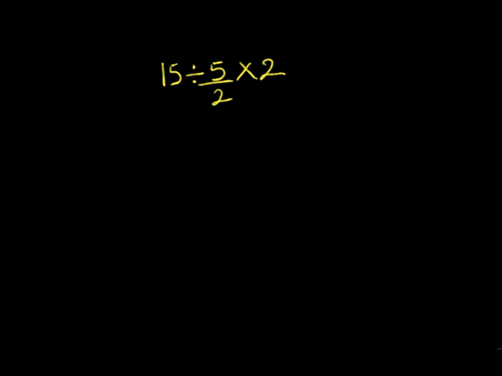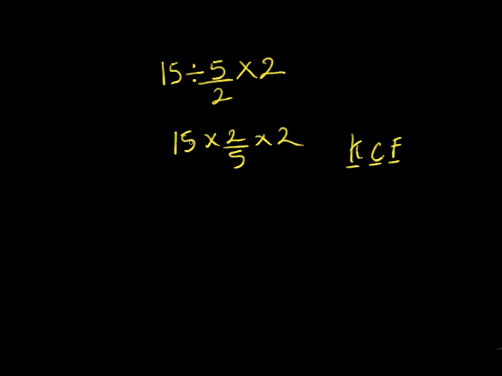First of all, we have to solve our division first before multiplication, which is 15 divided by 5 over 2. Then we use the rule of KCF. K stands for keep, C stands for change, and F stands for flip. We are going to keep 15, then change division to multiplication, then flip 5 over 2 to 2 over 5